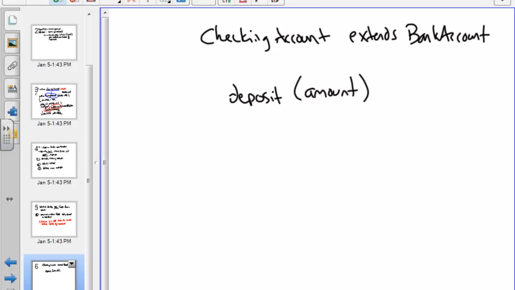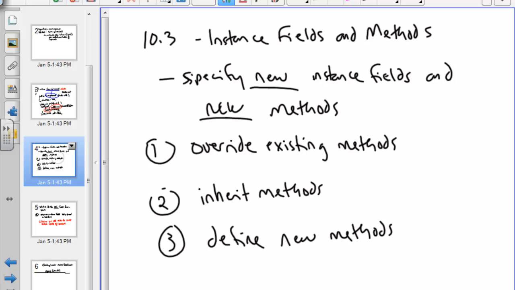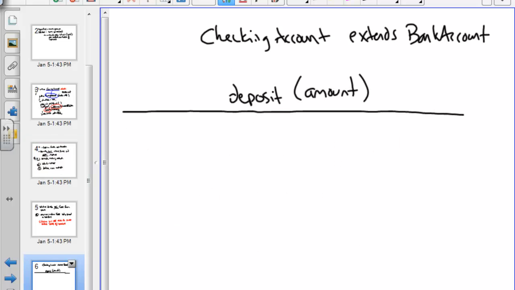Now, the problem is, if we haven't overridden anything, this is okay. However, if there is no deposit method, if we have not overridden an existing method, then this works. I can do this. It's just going to go find the superclass one. If, however, inside of the checking account, let's say we had done this,